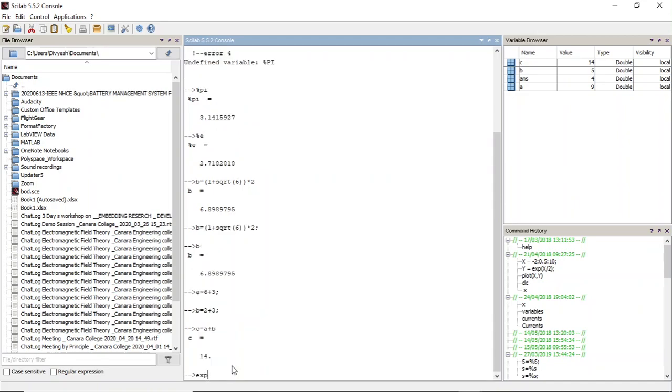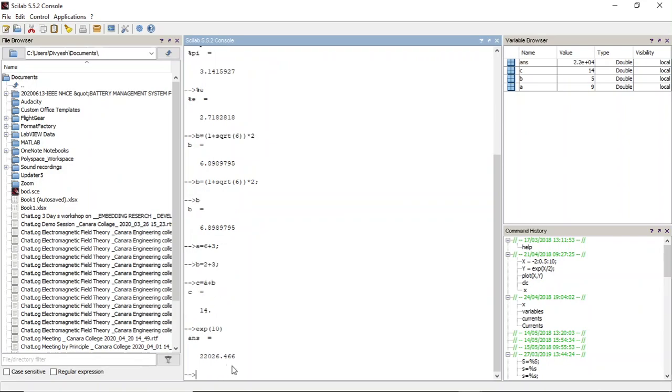Now let me check whether this is what I need, whether it is the function exponential that I intend. So I just try with exponential of 10. Does it work? Press enter. Yeah. This could be correct, exponential of 10. I think so. You can also just double click on that function.